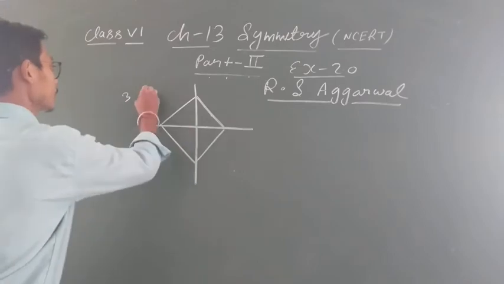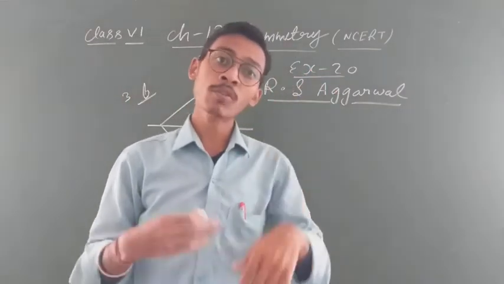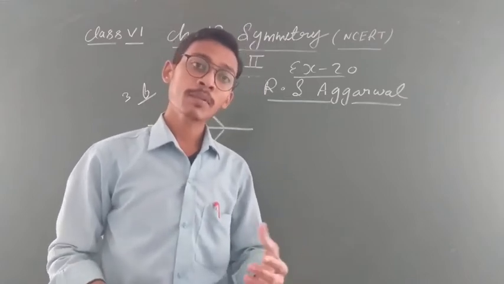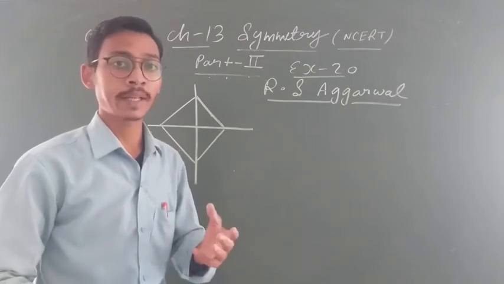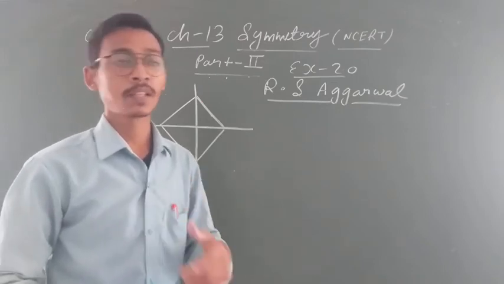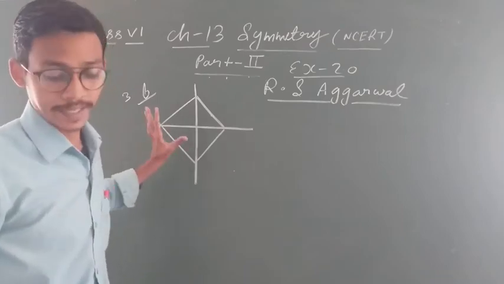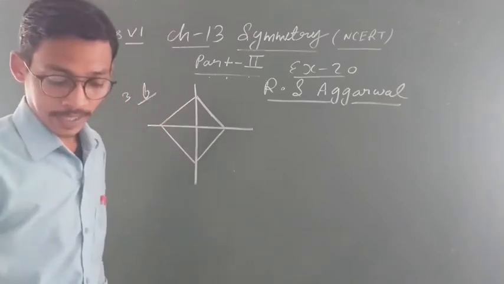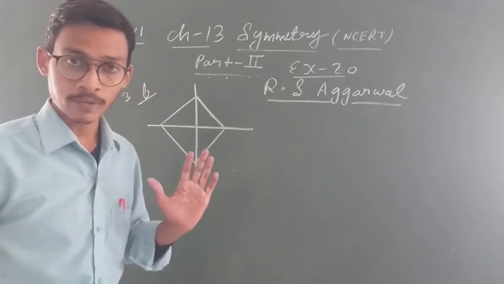देखो, in this RS Agrawal application is given, मतलब you know how to draw the line of symmetry, but in RS Agrawal it is given in the form of MCQ, मतलब what you will write down in the form of words. Diagrams you will make, but what you will write in the form of words. तो देखो, in this you will write that a rhombus is symmetrical about its diagonals, a circle has unlimited lines of symmetry, a scalene triangle has how many lines of symmetry, you know that, no line of symmetry.